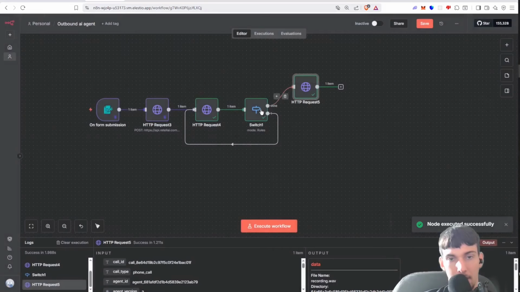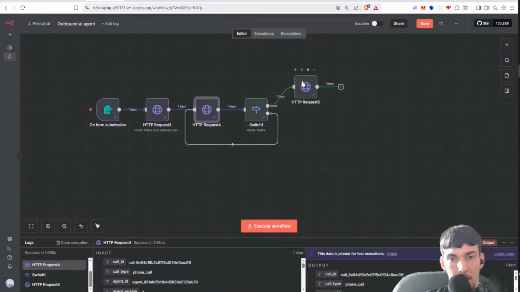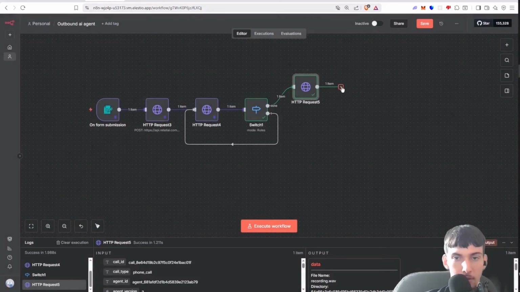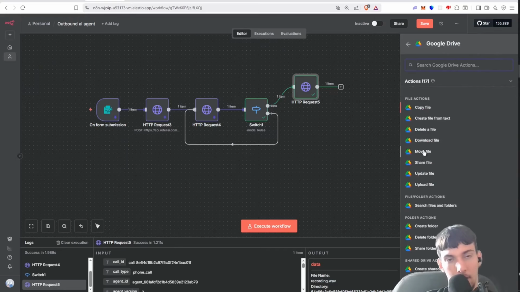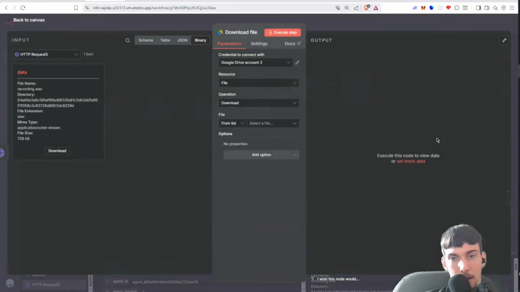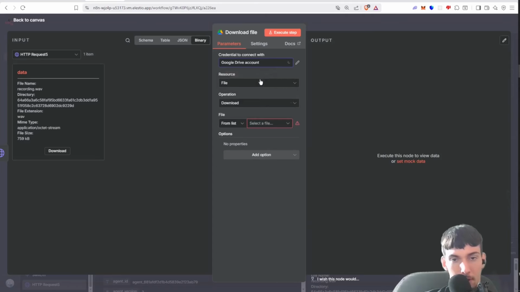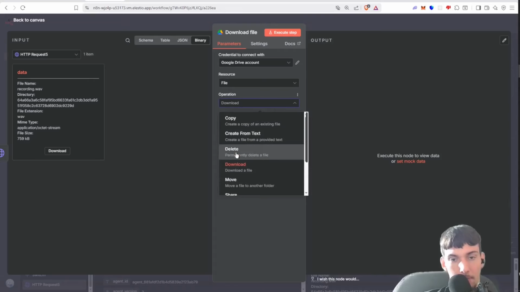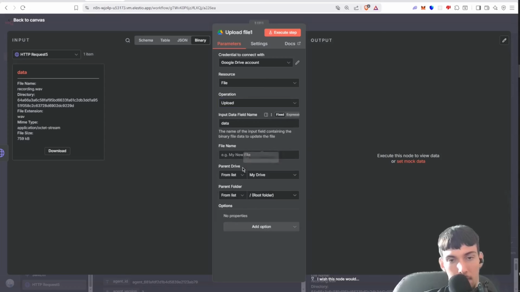So now we want to upload that. I'm just going to pin this information so it doesn't trigger every time. So we want to upload this to Google Drive. I have a link in the description on how to connect Google to n8n, so that'll teach you how. Now we put in our Google account that works, and I'm going to put, sorry, not download, upload. And then we're going to call it